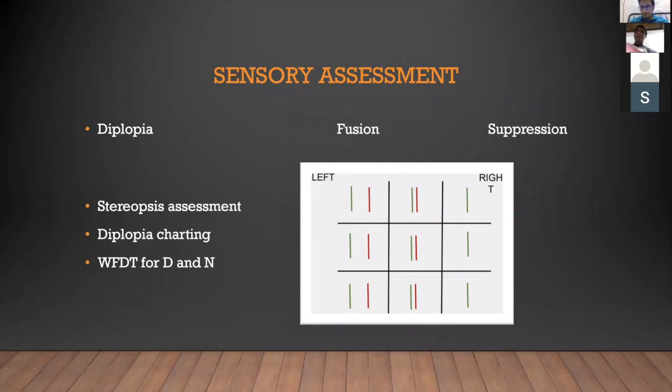Now, this sensory assessment can be done by different methods. So we first begin with stereopsis. Okay, stereopsis meaning 3D vision testing or the depth perception testing. Now, this depth perception or 3D vision is something which you all know happens when you go for a 3D movie. You all are given these glasses which dissociate the images between the two eyes, which allows you to see something which is coming closer towards you, which is the highest level of function which humans are given and which is what we want to achieve.